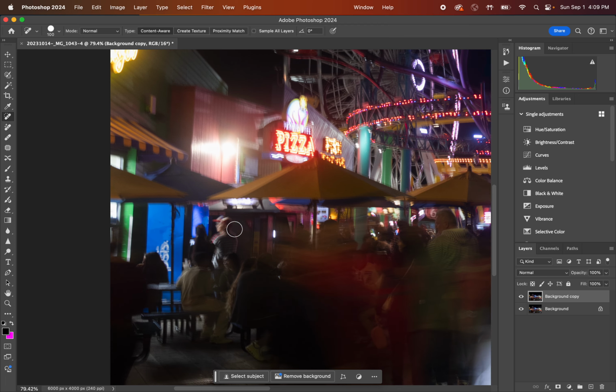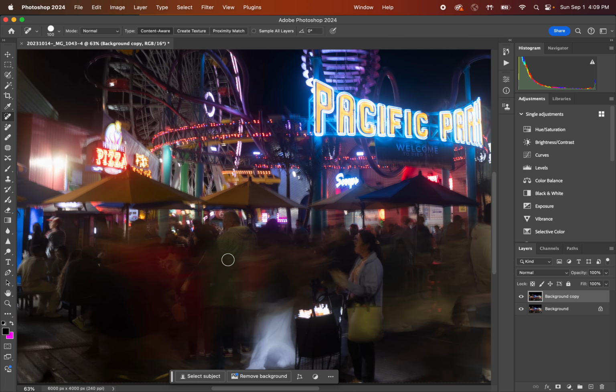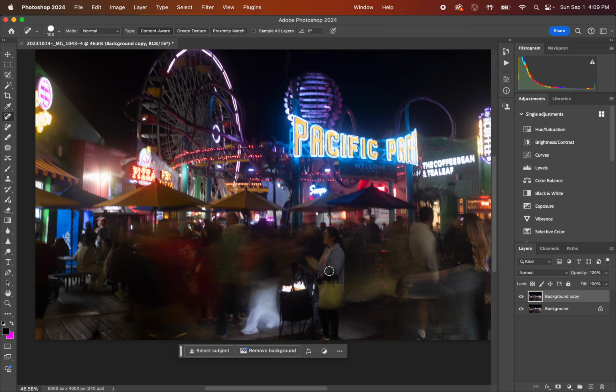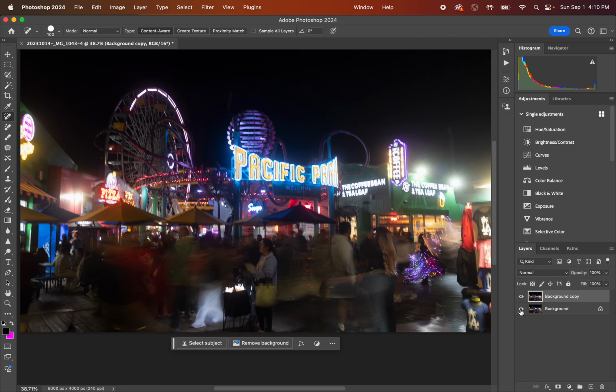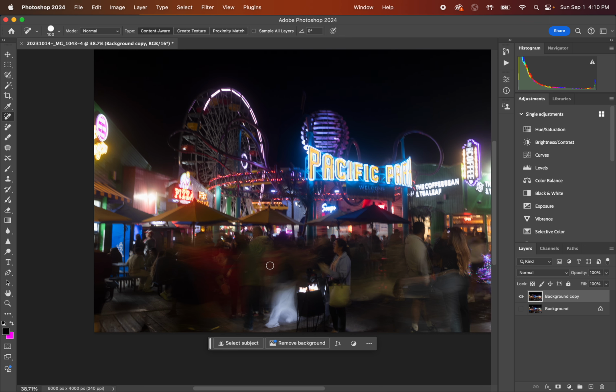All right, so I've removed a couple of things here and I did it not well, just as an example. And if I were to go ahead and save this, let's pretend that I don't actually have this. Let's pretend the background copy is the actual background, so that I don't have this main background here. And I've just added this spot healing brush on top and I've removed some things. If I were to save this file and then come back in and try to get my edits back of what it looked like before with the Pepsi symbol in that pole up here, the information wouldn't be there